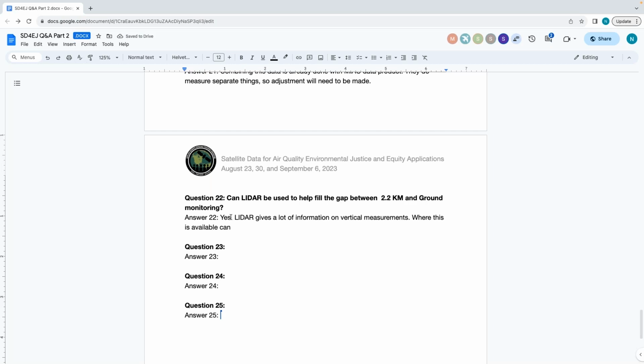The difficulty there is that these LiDARs are only in specific places, so they would only be applicable for a few specific places. I mentioned earlier briefly, the Calypso instrument has a very narrow swath width, so even though it's orbiting around the Earth, covering a lot of the Earth's surface, it takes many orbits to get full coverage of the Earth. I don't recall off the top of my head how many, but it's several orbits. So